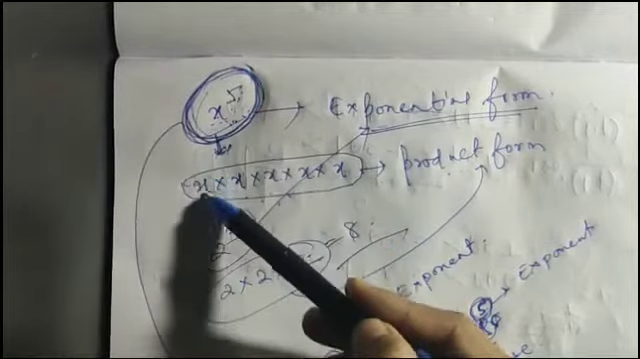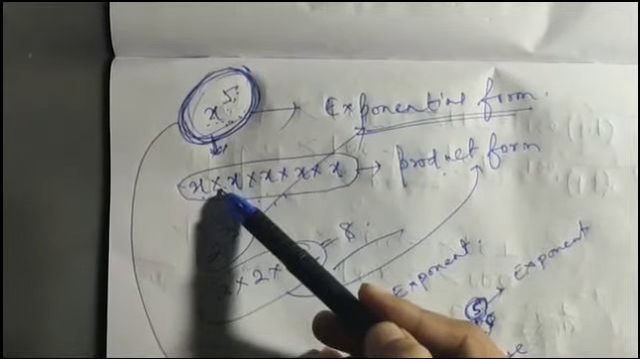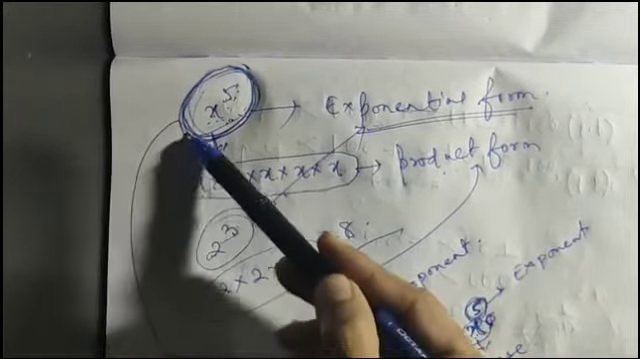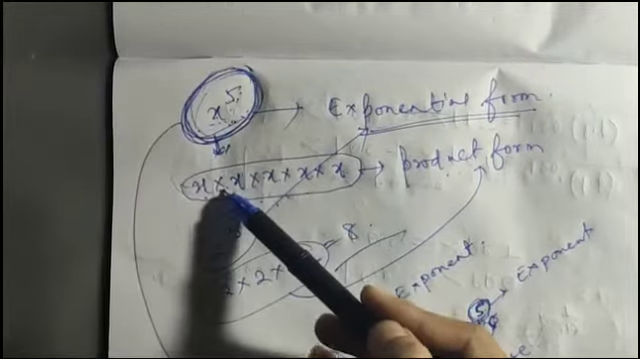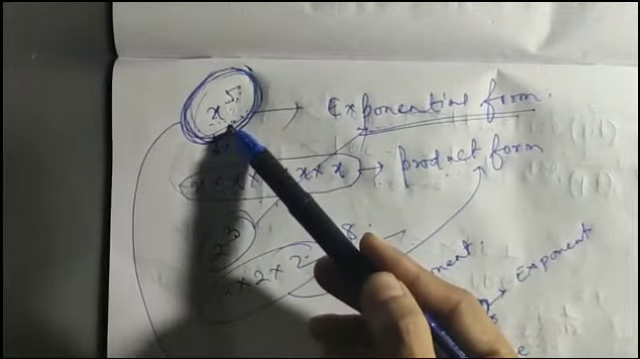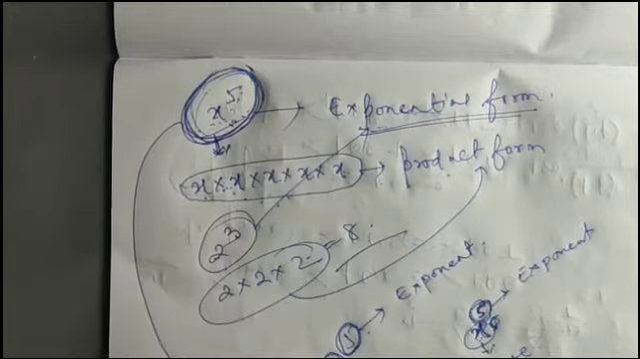If I write like that, I can convert it in this form also. If I am writing in this way, I can convert it in this form also. From here to here also I can come, from here to there also I can go. It depends on the demand of the question, right? So